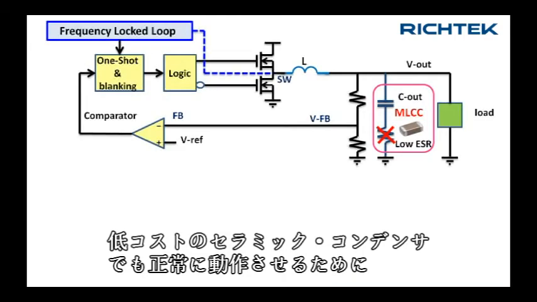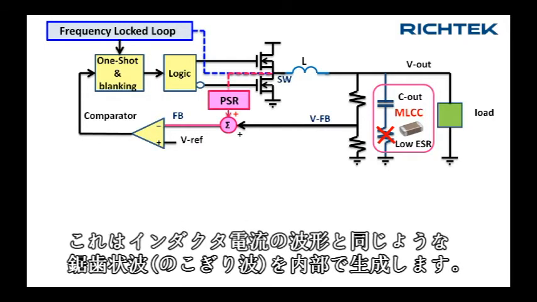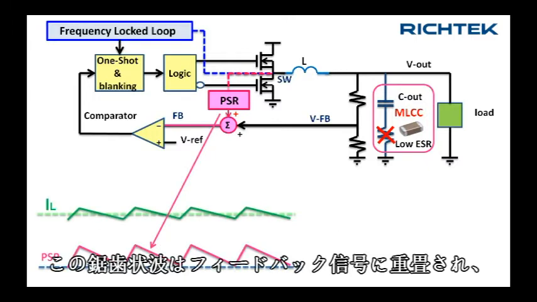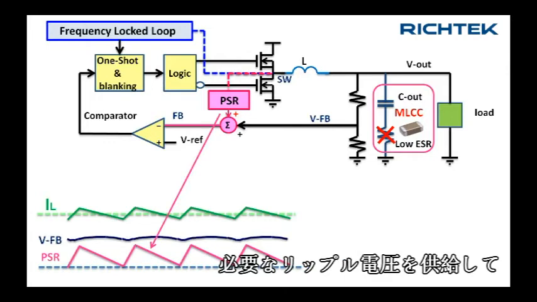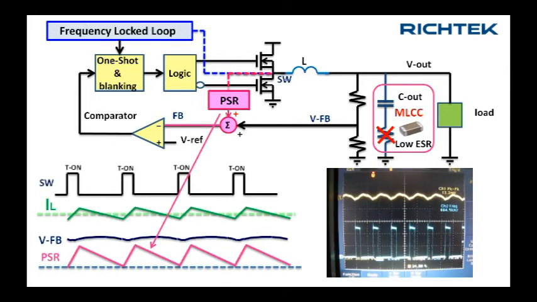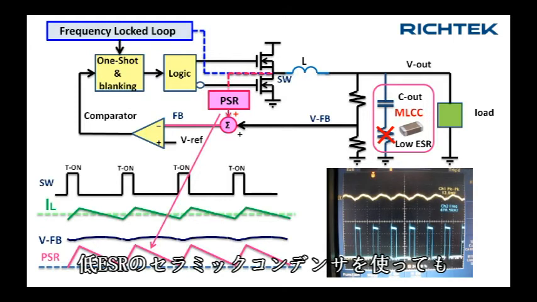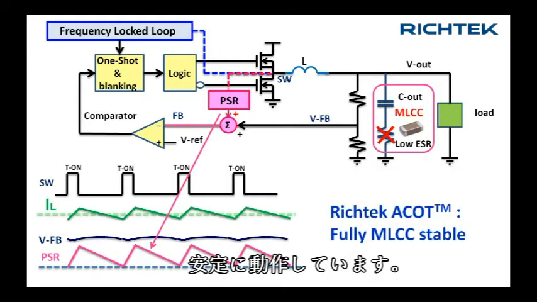In order to work with low-cost ceramic capacitors, Richtek's advanced COT has an internal pulse shaping regulator circuit which generates an internal sawtooth with the same shape as the inductor current. This sawtooth is added to the feedback signal and provides the required ripple voltage for stable COT operation. Now the circuit operation no longer depends on the output voltage ripple and is stable with very low ESR ceramic